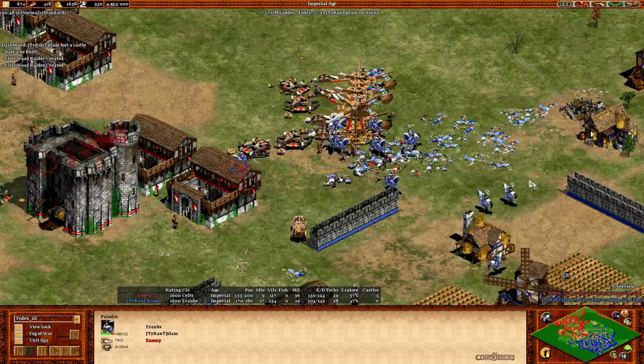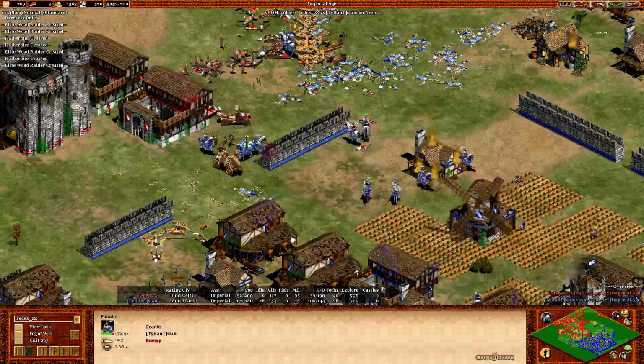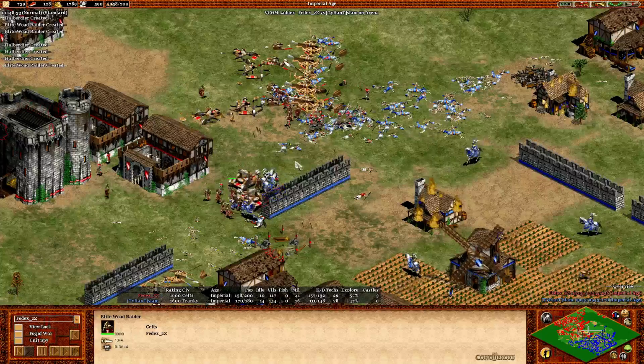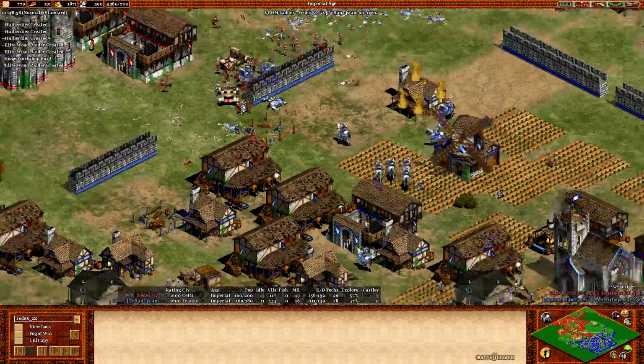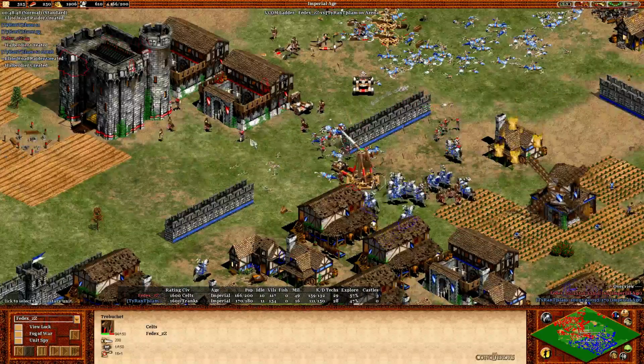Actually, nice job here from Slam, who was almost fully upgraded Paladins. He's killing all the traps, and he's even surviving. The few is going back now. Fedex then going for elite wood raiders, and he will start to flood those wood raiders into the economy of Slam, accompanied of course by